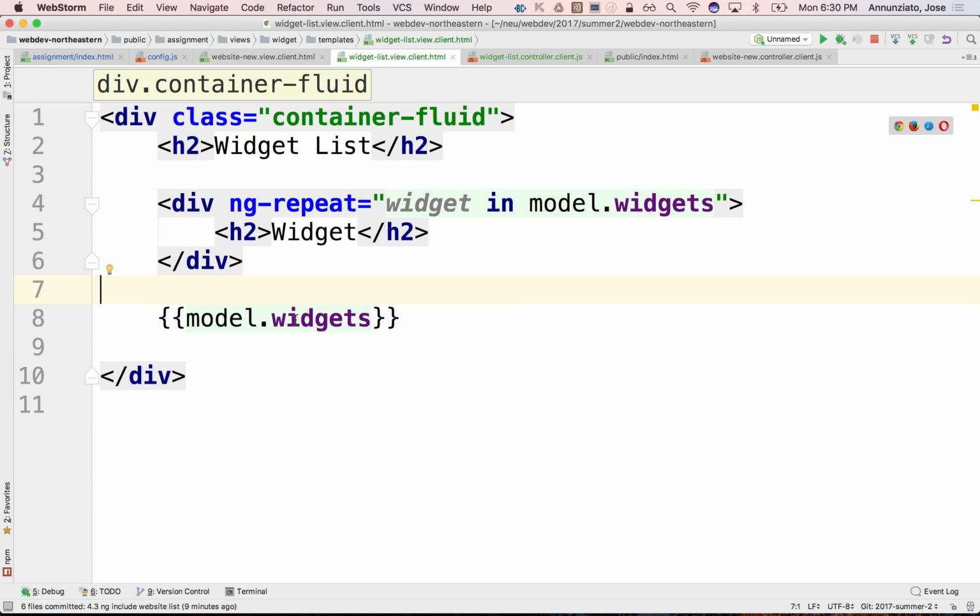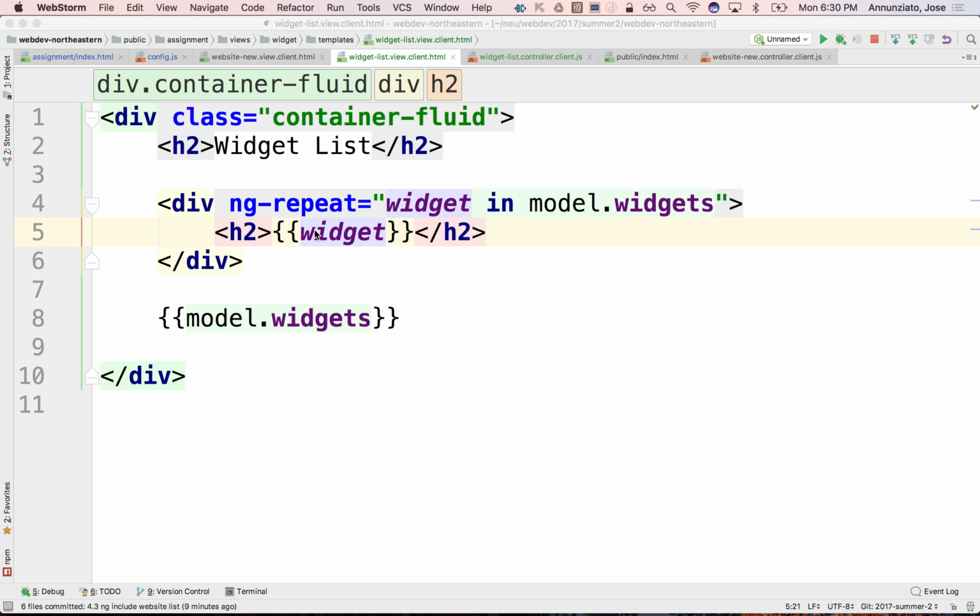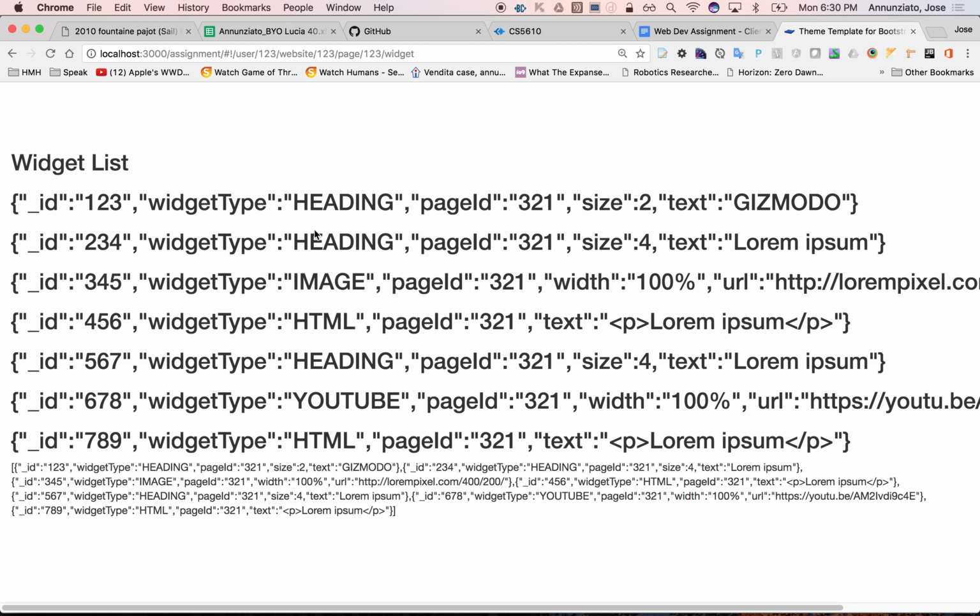Or we could render each object widget. So there they are, right? So these are the JSON objects of each one of the widgets. So there's some headings, some images, HTML, heading, YouTube, and HTML. Yes? All right. So let's render some of these. Well, how about the heading? Well, what we could do